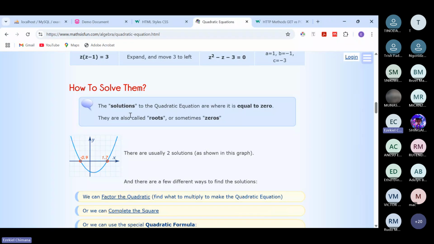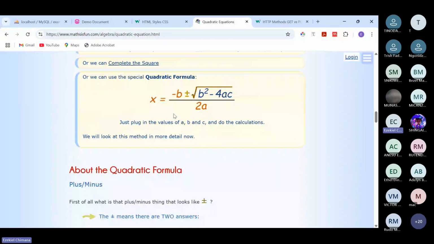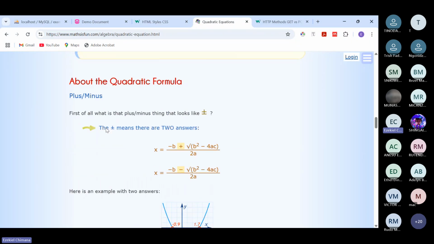Normally, we look for the solutions or roots when that equation is equal to 0. You can solve by factorization or you can use this formula. Normally you are going to solve using this formula. So maybe if you understand the basics of this formula, it will be easier for us to write the code, right? So if you look at it,